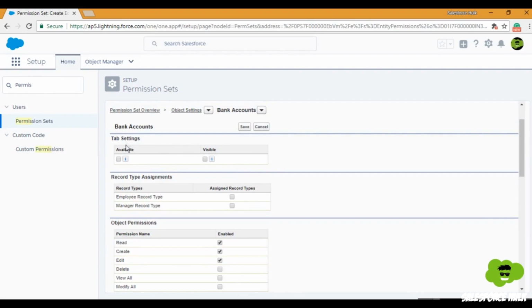And if you're not giving access of the tab from here, you do not need to worry about it, because permission sets are additive. They'll not hide the tab if we are not making it visible over here, because it is already visible through the profile level settings. So we'll simply save it,